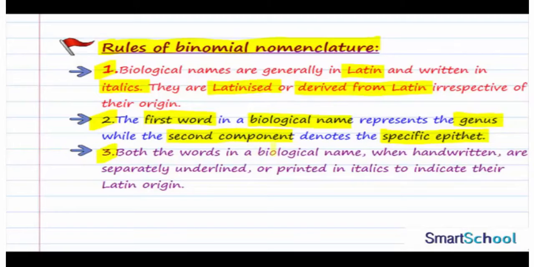The third rule: both the words in a biological name, when handwritten, are separately underlined or printed in italics to indicate their Latin origin. So whenever a biological name is handwritten, both the words are separately underlined. This is very important. They are separately underlined or they are printed in italics so as to indicate their Latin